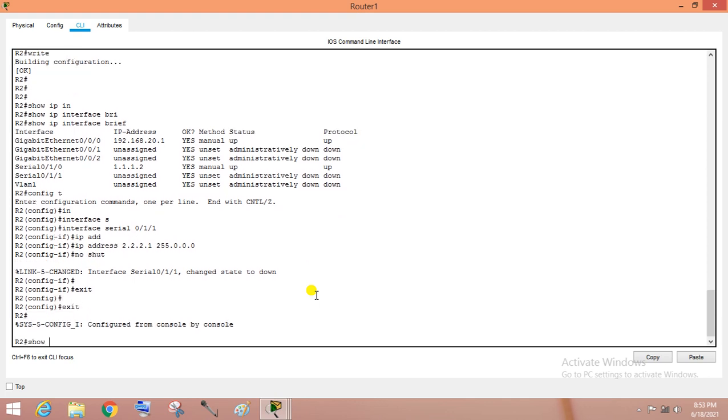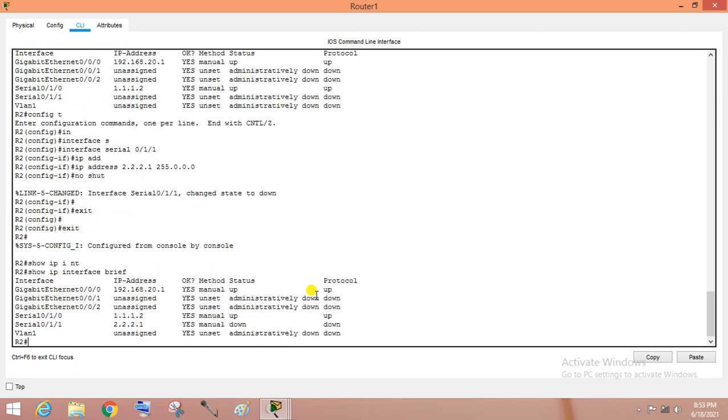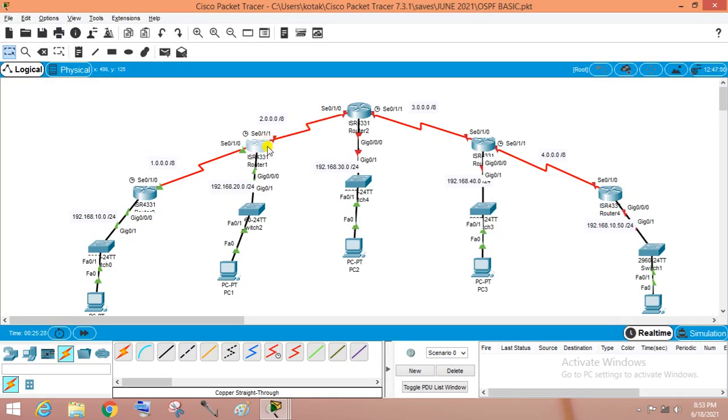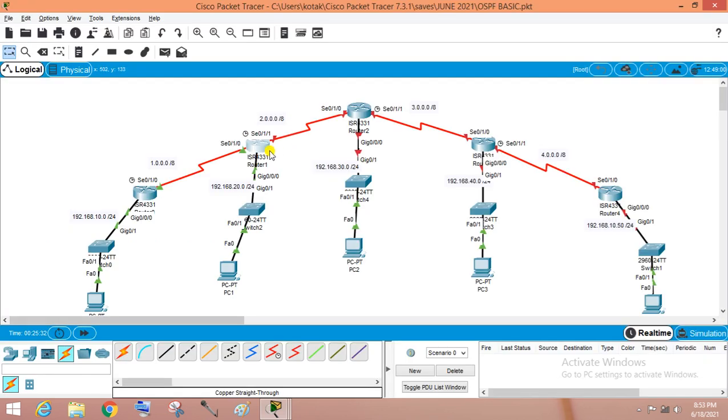Now check with show IP interface brief. Okay, we have assigned the IP on interface 0/1/1.